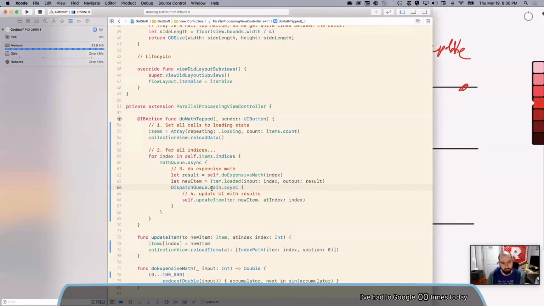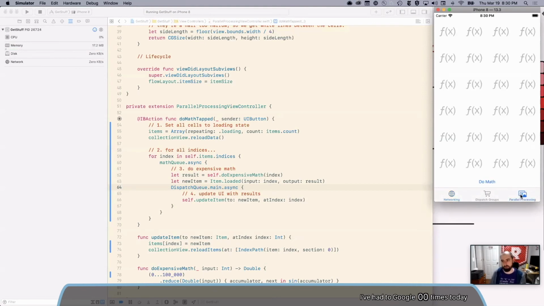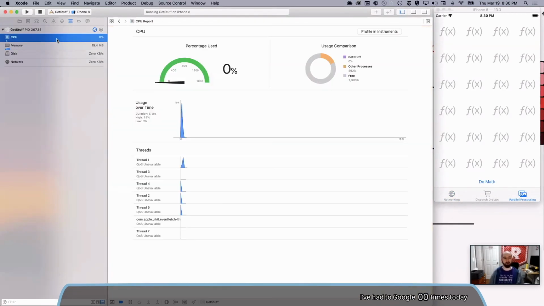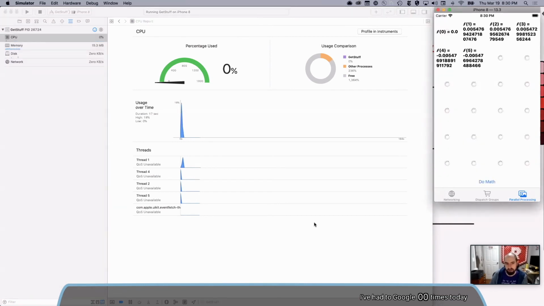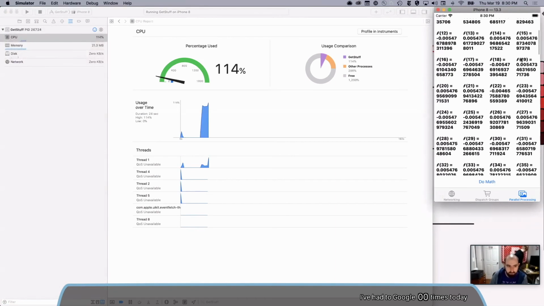So that's what we're going to do. Real quick, before I do that, I just remembered one little demo I want to do, which is just to get a sense of what the machine is doing at any given time. Two things. I want to look at the CPU graph again when we do math. Remember, before, the main thread was just spiked and then stuck at full usage and nothing else was happening. But now that I've gone off the main thread, I'm going to do math, and we'll see what the main thread's doing. Wait, what happened?